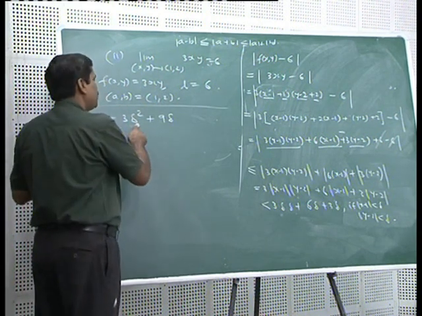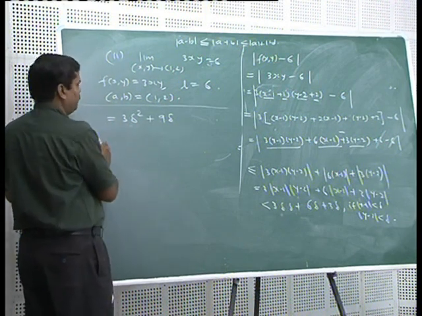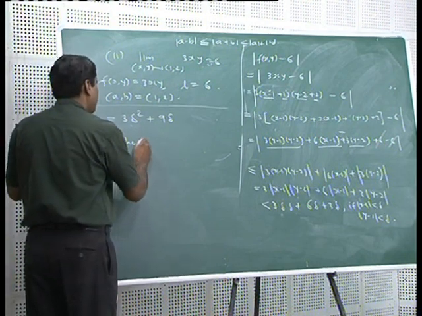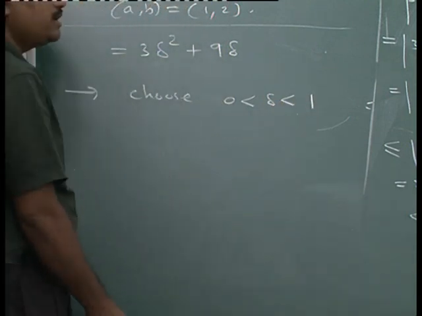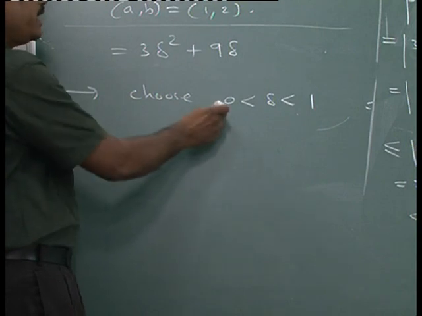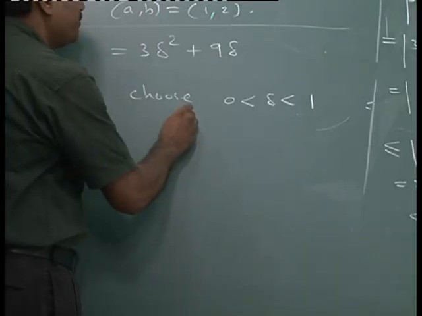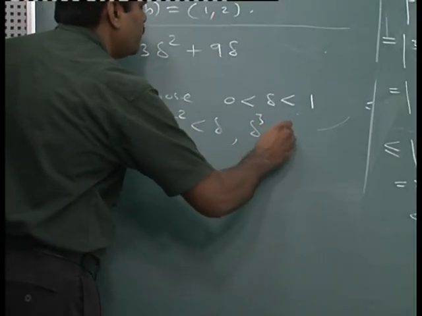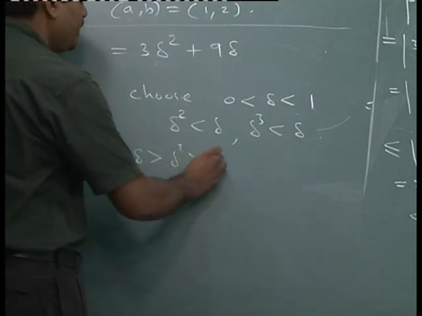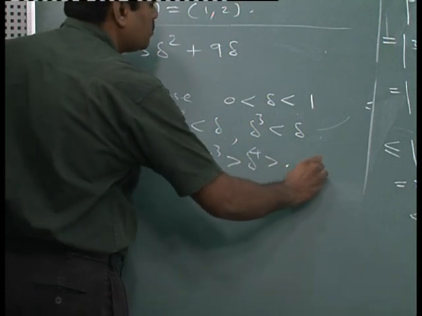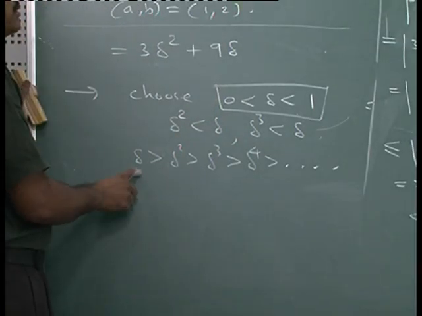Whenever there is a delta square, delta cube, any such term occurs, then we think of putting another condition on delta. So, we choose our delta, means we put this restriction, okay, one must choose delta only between 0 and 1. Now, what is the advantage of taking delta between 0 and 1? If you choose any number between 0 and 1, and if you square it or if you take a cube, then the number will become smaller, means delta square is less than delta, delta cube is also less than delta, and so on. Remember this is always true, delta greater than delta square, greater than delta cube, greater than delta raised to 4, and so on. Whenever the number is between 0 and 1, then only this will be true.